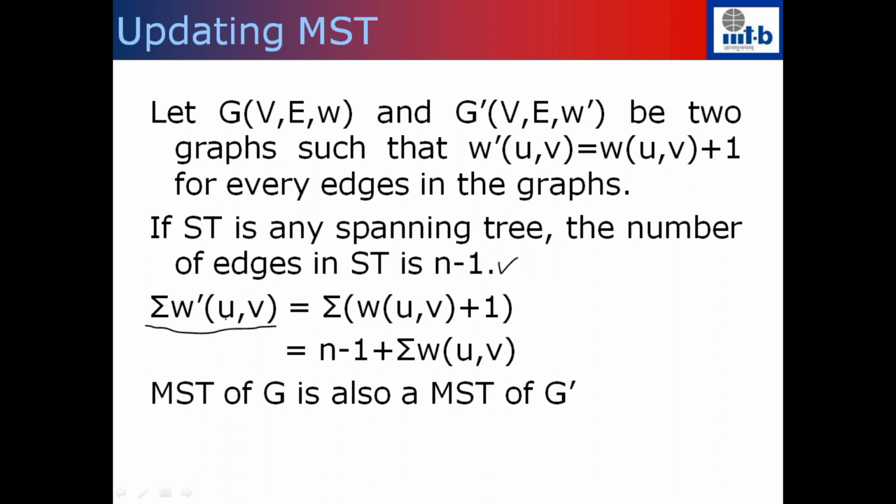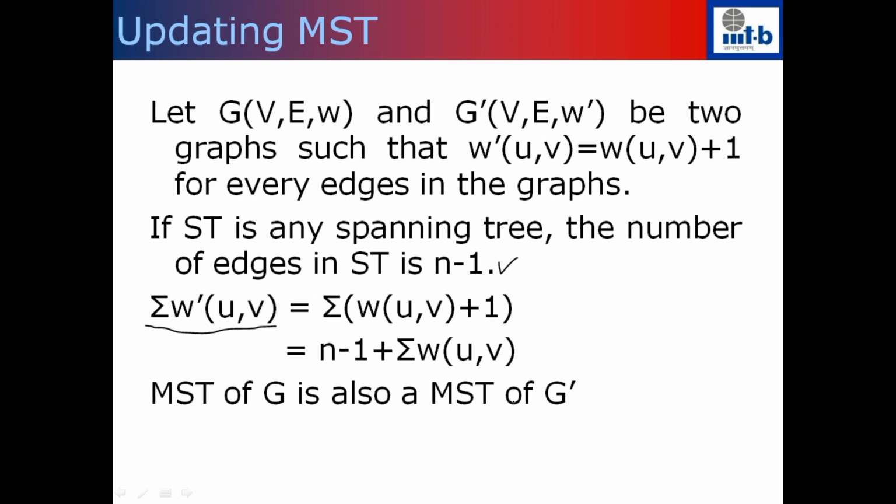Minimizing or maximizing the left hand side is the same as minimizing or maximizing the elements on the right hand side, right? So this equation tells you that any minimum spanning tree of G is also a minimum spanning tree of G dash, and any maximum spanning tree of G is also a maximum spanning tree of G dash. What this indicates is that if you have computed the minimum spanning tree of a particular graph, and then you add a constant to all the edges in the given graph, that means the edge weights of all the edges have been increased by, let's say, a constant C. C could be positive or negative.